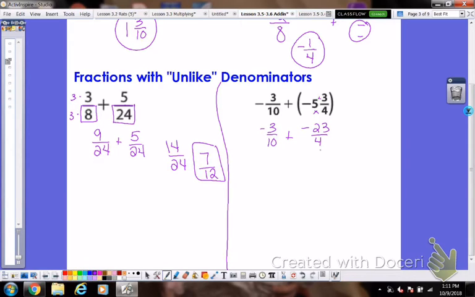Okay, so we have a 10 and we have a 4. Now what can we change both a 10 and a 4 into so that we have like denominators? Well, my smallest number would be 20. So 4 times 5 gives me 20. 10 times 2 gives me 20. So again, make sure we're multiplying numerator and denominator on both sides. So 2 times negative 3 gives us negative 6/20, plus negative 23 times 5 would be